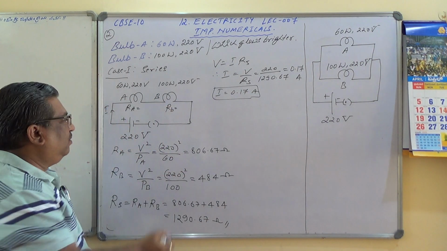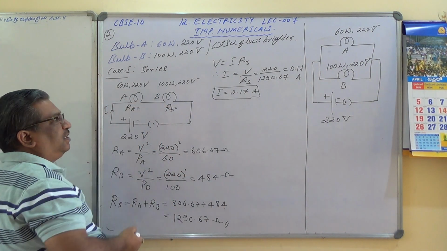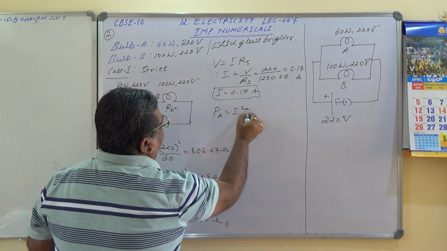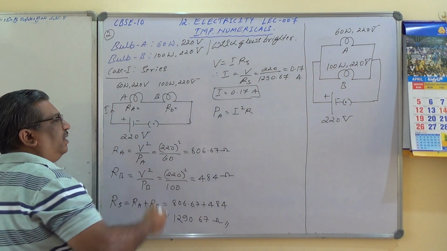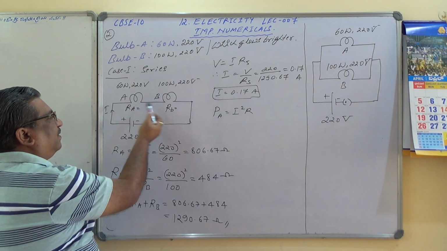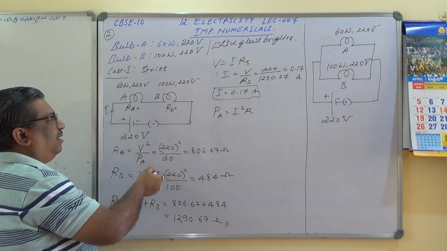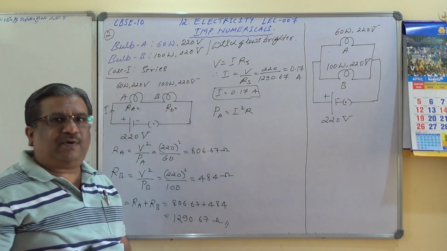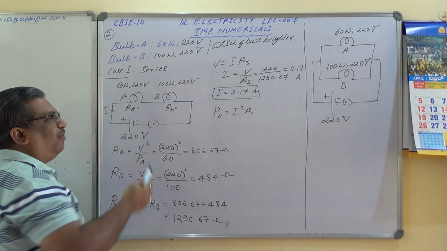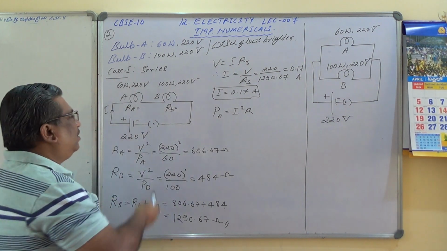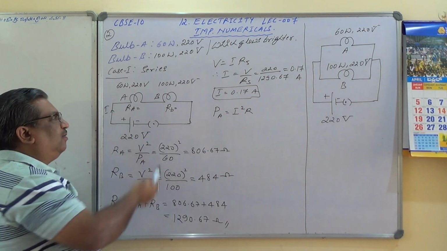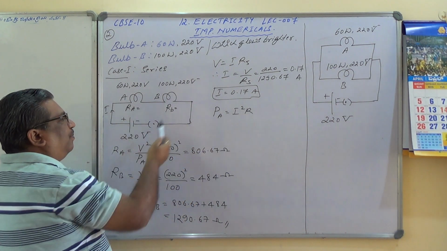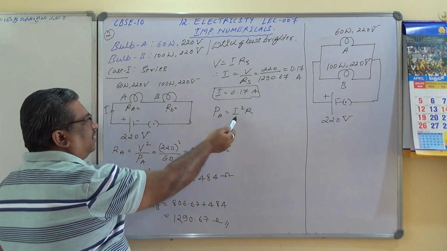Once I calculate the current over here, power consumed through the resistance or the bulb A is PA equals I square into R. Why am I not taking V over here? Because the voltage is different in series combination, whereas current remains the same. Otherwise, if I want to apply the formula power equals VI, I should calculate the voltage drop across each, and only then is it possible to calculate power equals V into I. But I know that power is equal to I square R, and I remains the same in both cases, I is a constant, and therefore that and the resistance.